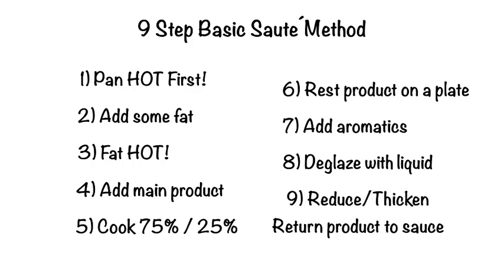Reduce the liquid, let it evaporate, add a flavorful liquid if you want, another broth, or just thicken that liquid to make your pan sauce. Return the main item and finish cooking in the sauce in a moist method, and there it is. That, to me, is the key to all of cooking. Those are the 9 steps in the basic saute method that can be used again and again for an endless